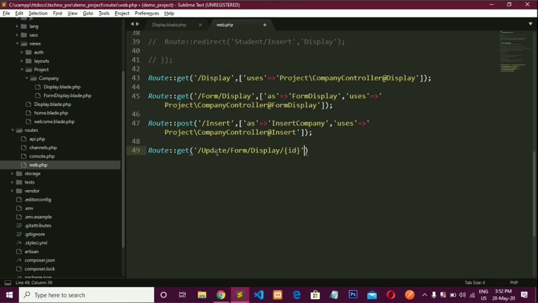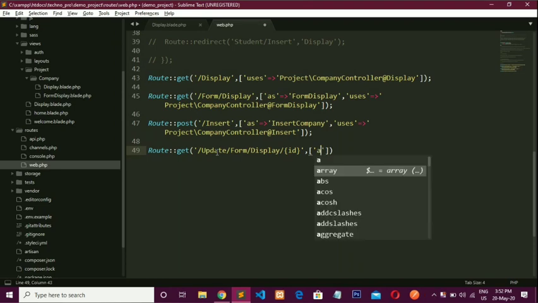Now the question arises in your mind, what is the need of passing a parameter here? When you pass an id to the form, the form is able to fetch the record and update the data. So here we must pass the id.